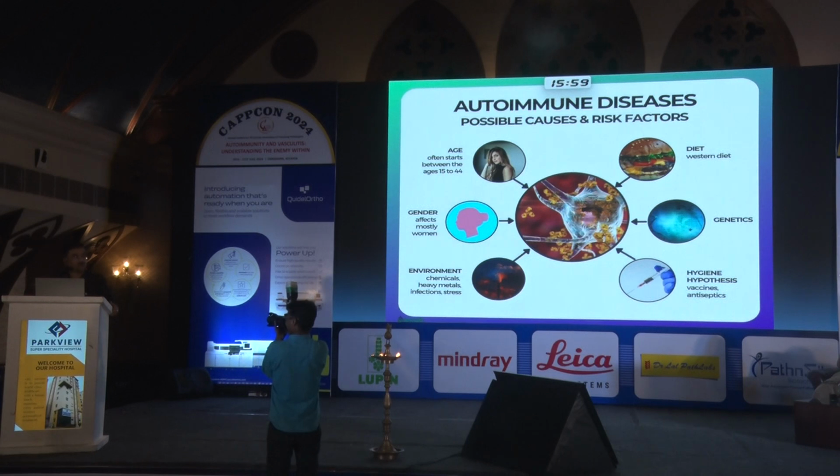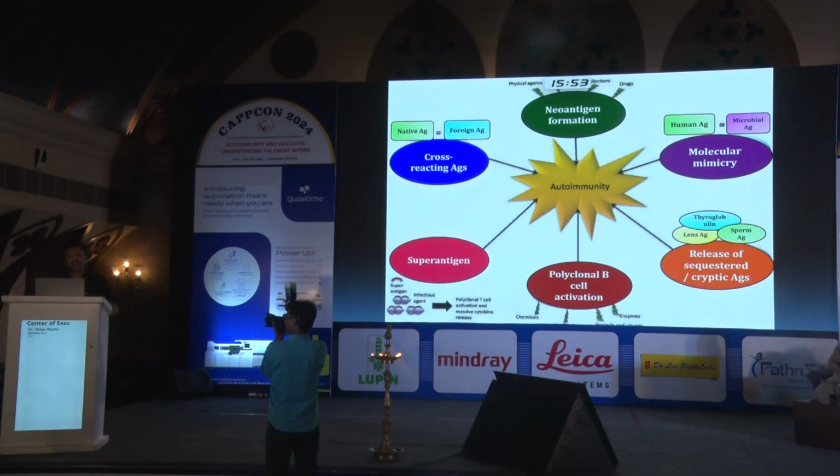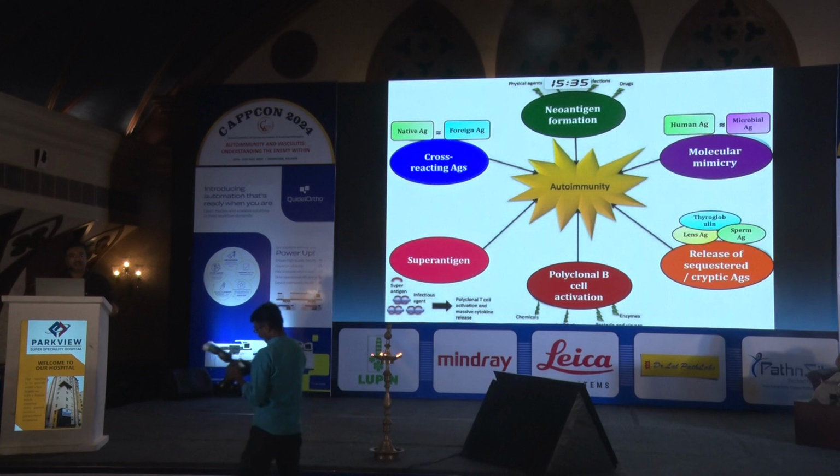They play a major part in the development and emergence of autoimmunity. Of course, these are the pathogenesis, where you may have some cross-reacting antigens, some neoantigen formation with the help of physical agents and drugs and others. Sometimes there may be molecular mimicry. So our own antigen may mimic a foreign antigen, and therefore the antibody acts on that,